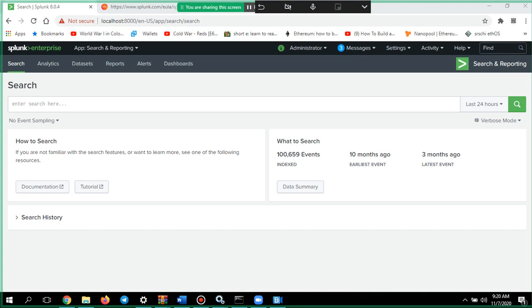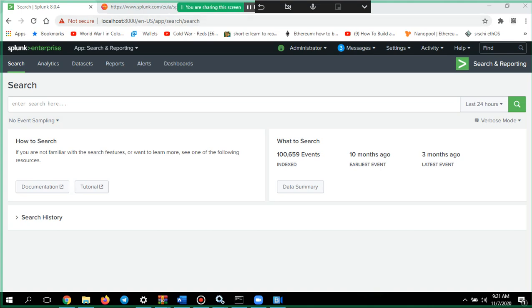Among them, Splunk is one of the tools which helps you in knowing the current status of different machines. How is it possible? Because we are collecting the logs of each and every machine in your organization and forwarding them to this particular software called Splunk.